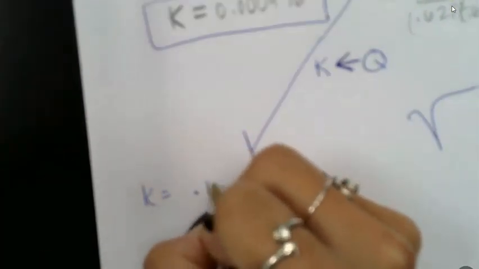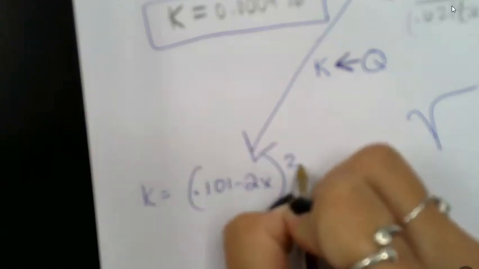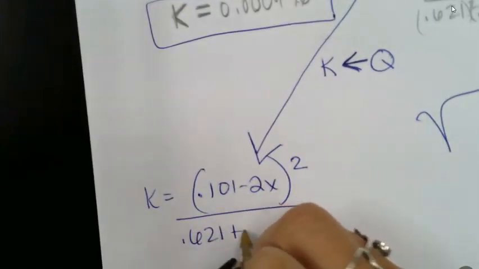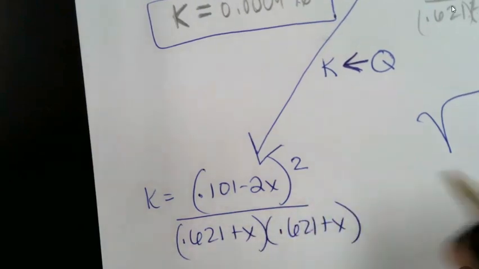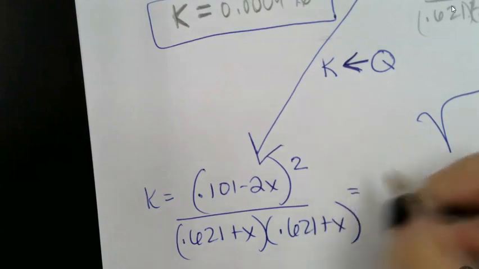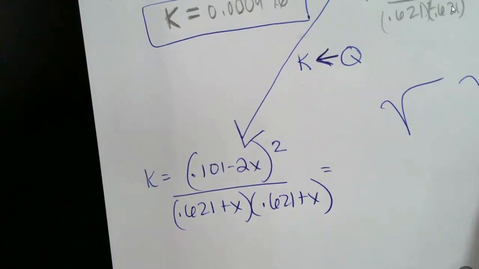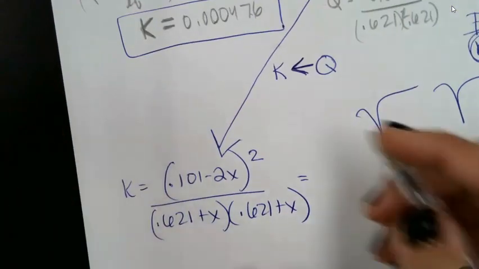Put it down there. K equals products, 0.101 minus 2x squared, over 0.621 plus x times 0.621 plus x. And this is going to equal, do I have the value for K? We do. That's why they gave us those initial numbers, was to solve it. So I'm going to set that equal to